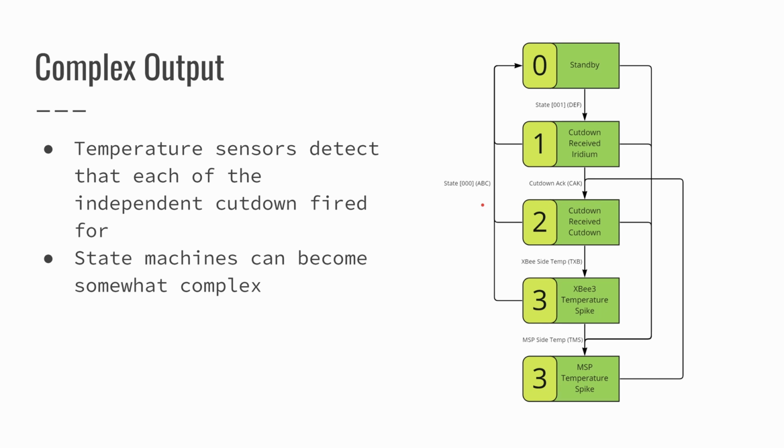And then if you're very clever, you can also make certain things latch and certain things not latch. So here, if you send idle, it goes back to 0 if it was this temperature spike. But if it was this temperature spike and you send idle, nothing happens. So you could use that, obviously thinking through it and recognizing the risks that you're taking in doing that. But if you're clever, you can get a little bit more than 8 bits out of it if you really, really need that for some reason.